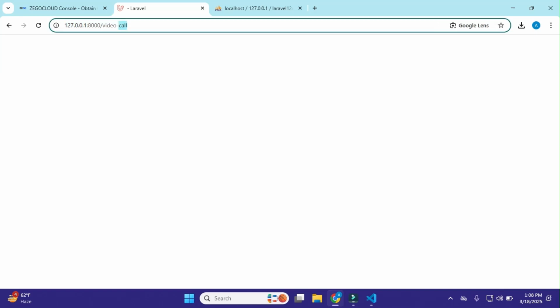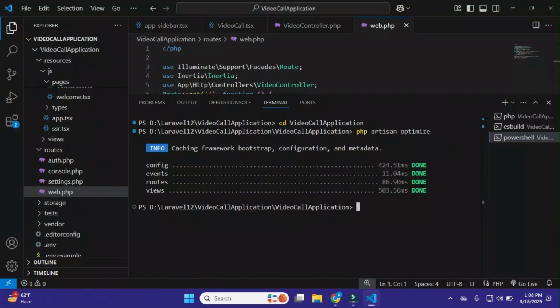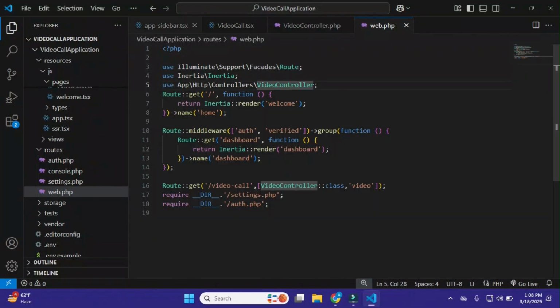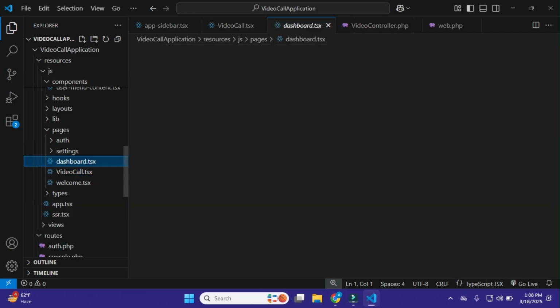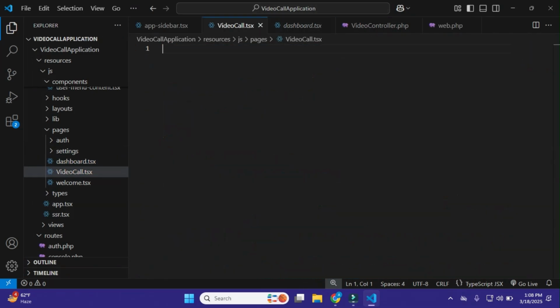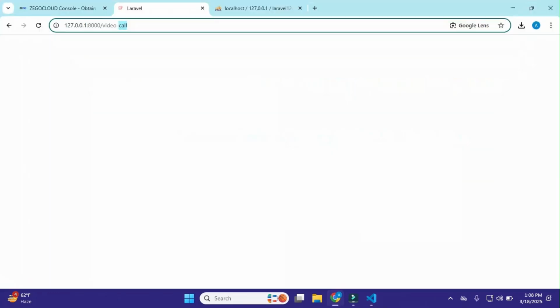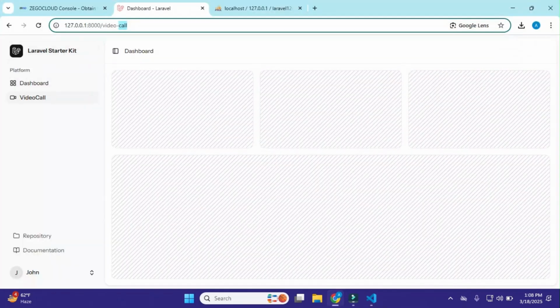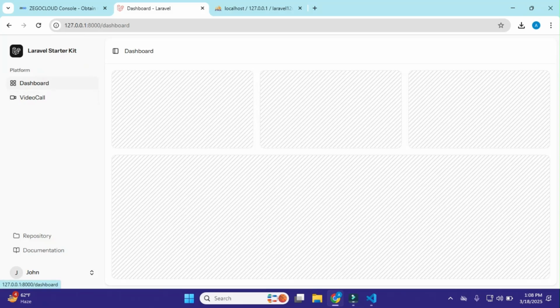It changes the route but does not show me anything. So close this, go to video call, copy all the dashboard code and place it in video call. Now it is showing me the dashboard page, and when it changes the route, it shows the dashboard page here.